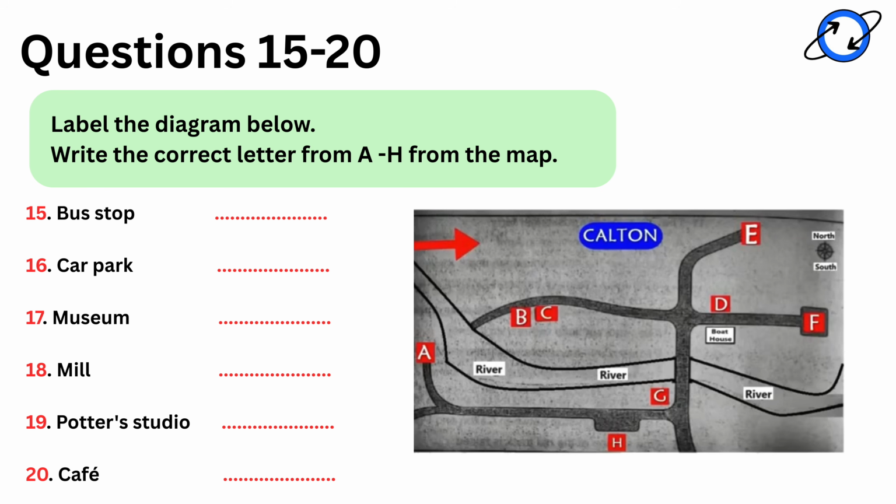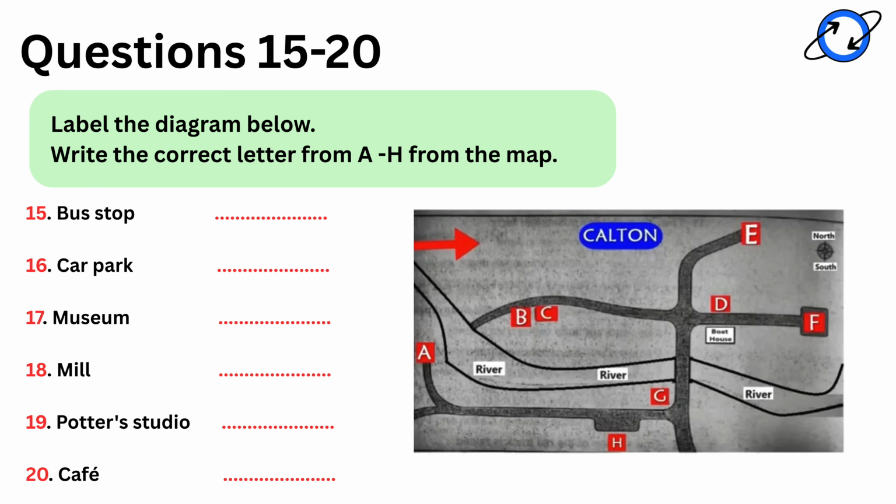At the center of the Trillor Estuary area is the historic riverside village of Calton. The main road comes into the village from the south, and for those of you who are arriving by bus, it turns left just before the bridge and stops in the lay-by on the left-hand side. From there, it's just a short walk to Calton's various attractions. If you're arriving by car, you have to leave it in the main car park. Go over the bridge and take the first turning on the right. Then go on until you come to the end of that road. It's the only place to park in Calton, but there's no charge.